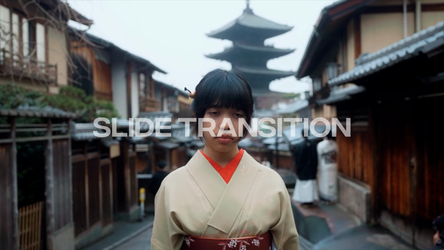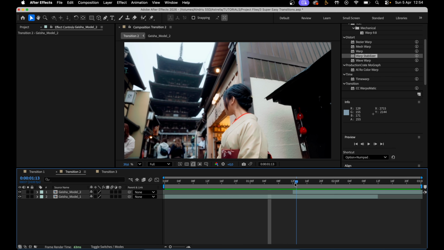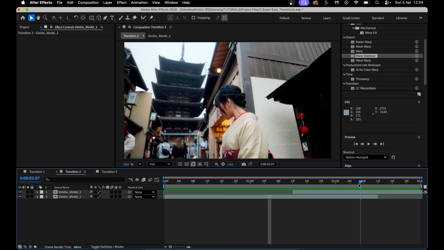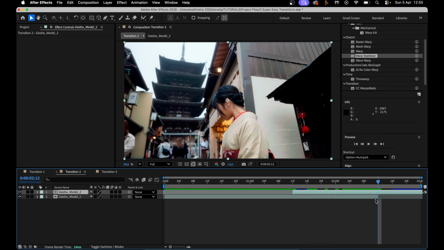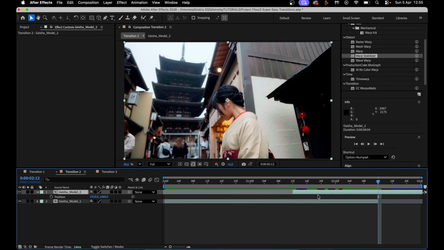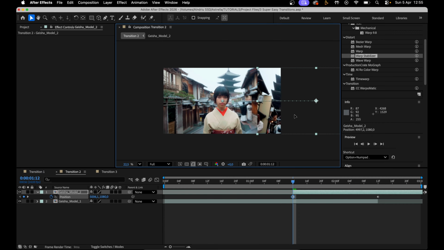The second transition is the slide transition or the pan transition. I've laid out my 2 clips on the timeline and they each cross over by about 24 frames. And the top clip is the one that I want to animate in. So I'm going to go to where the 2 clips cross over at the end here, press P on my keyboard, keyframe it, zoom out,